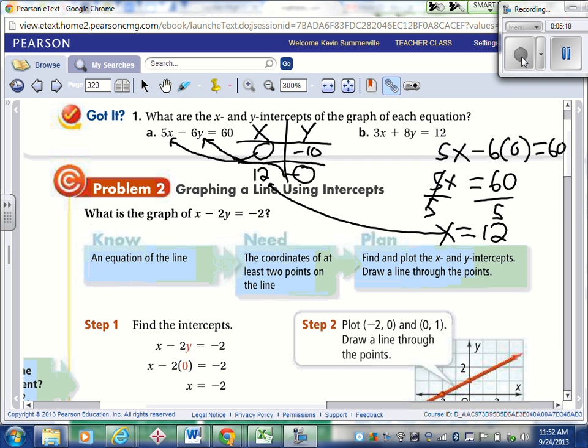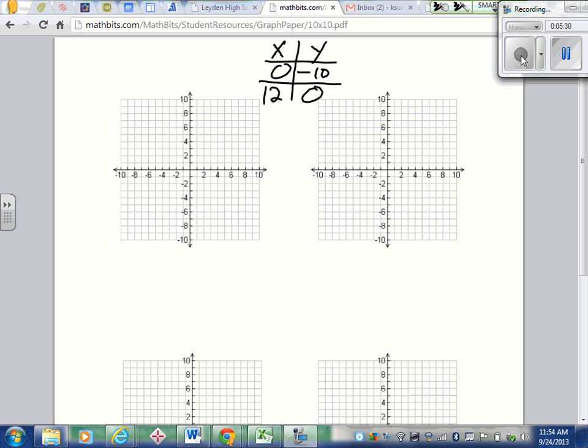So now, our next step is problem 2. Go ahead and write problem 2, graphing. So now in problem 2, graphing is saying take this information that is in our chart and graph it. Another way to look at these points, you can write 0, -10 next to your chart, because that's a point on the graph. This also relates to the 12, 0. So the one way we can graph this is